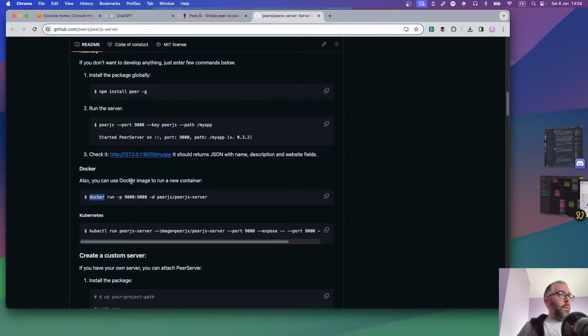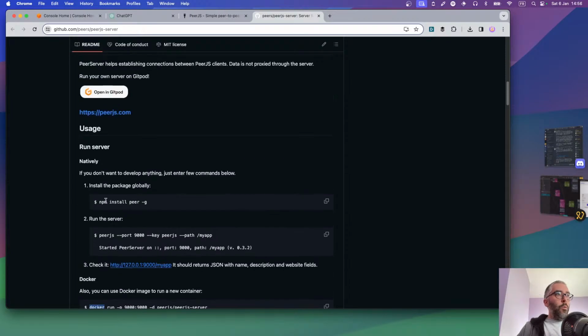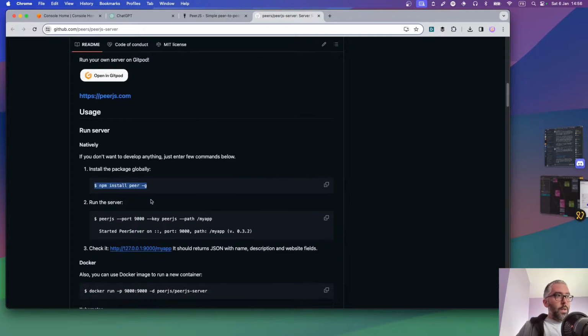So that's the idea with Docker, but I didn't want to just use npm. I wanted to just do a simple install for the simple test. And so we're going to start with